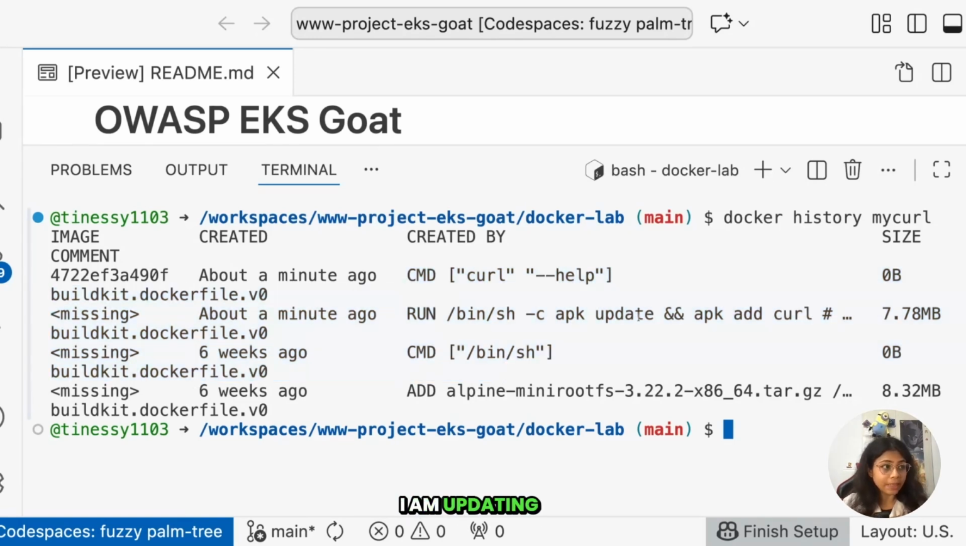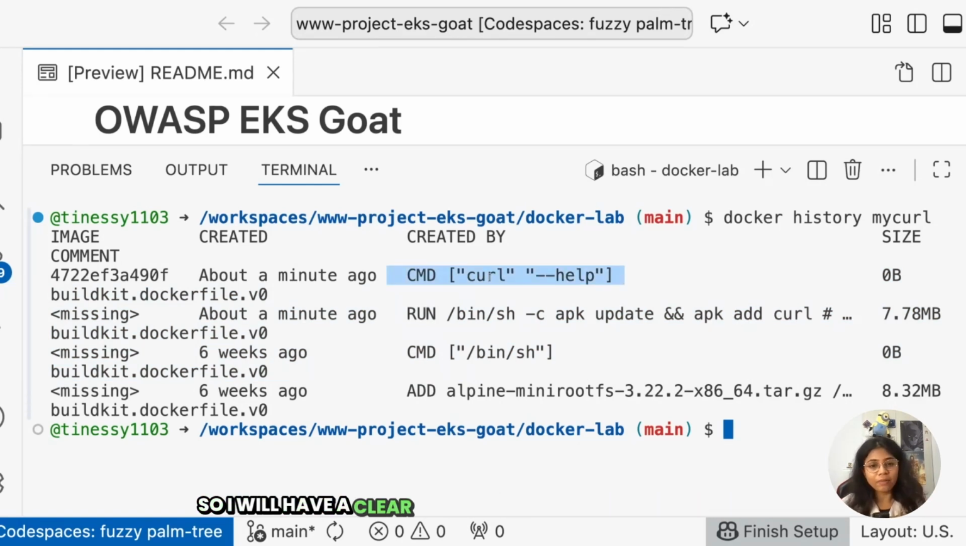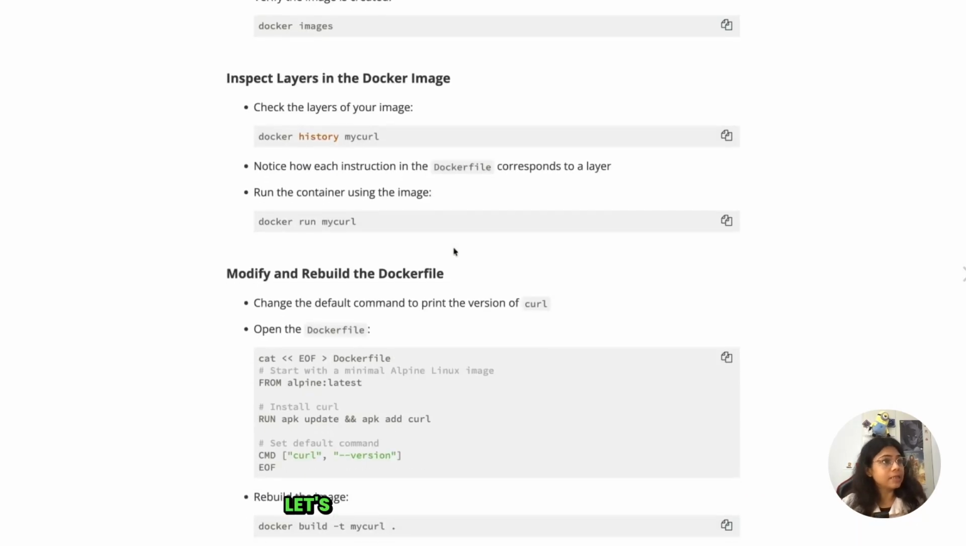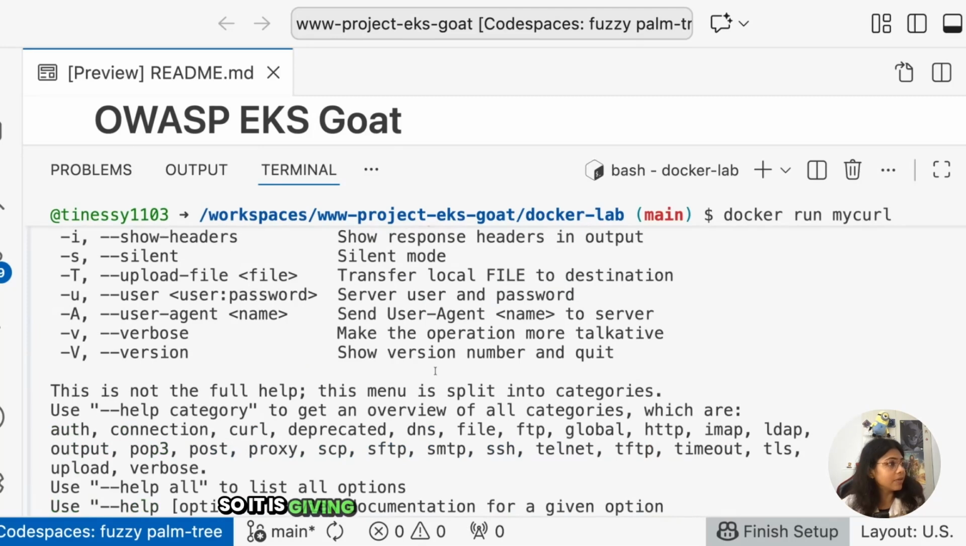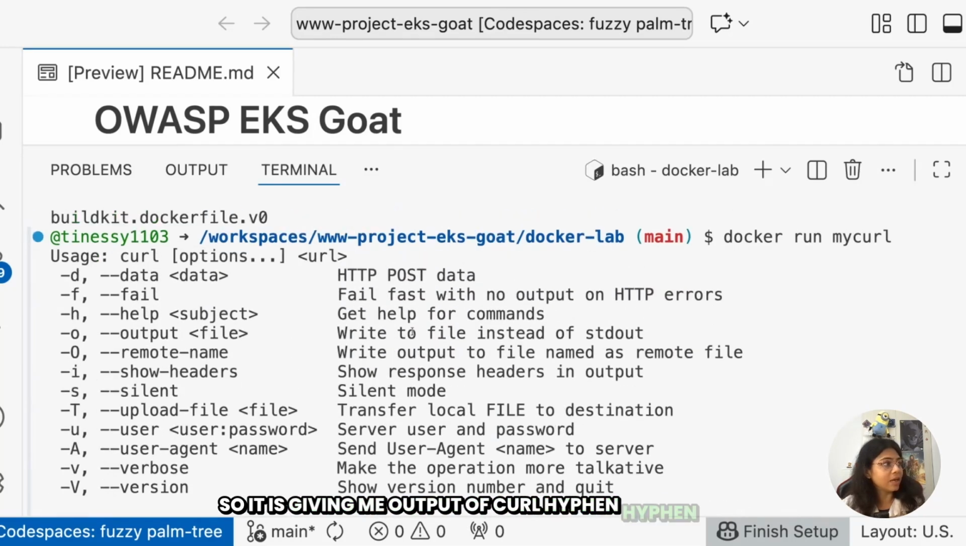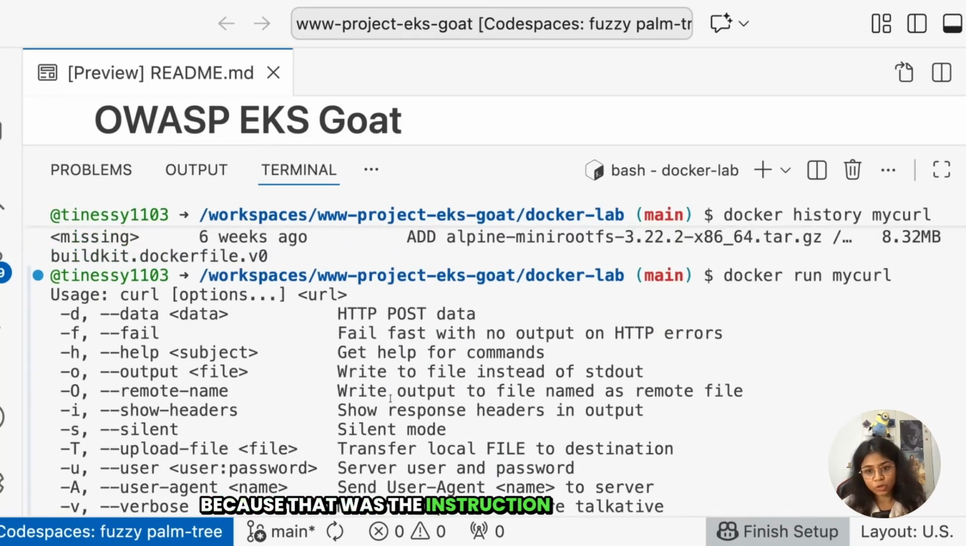I am updating it and then adding a curl package, and the last instruction I'm using is curl --help. So I'll have a clear picture of that image, without the Dockerfile, just by running the docker history command. Let's run this image and see the output of it. So it is giving me the output of curl --help because that was the instruction that I passed